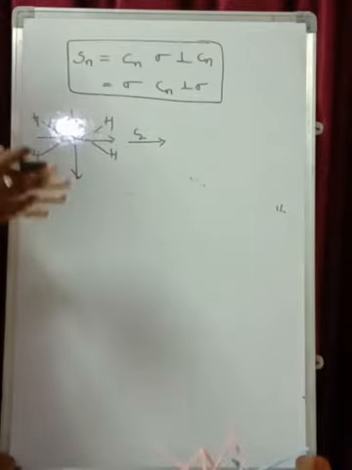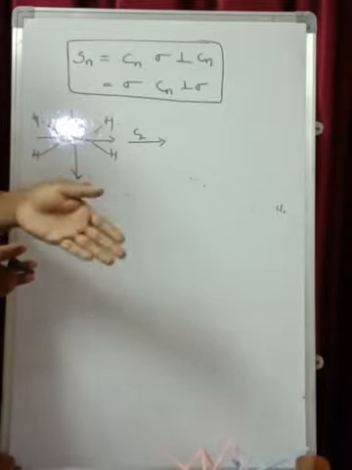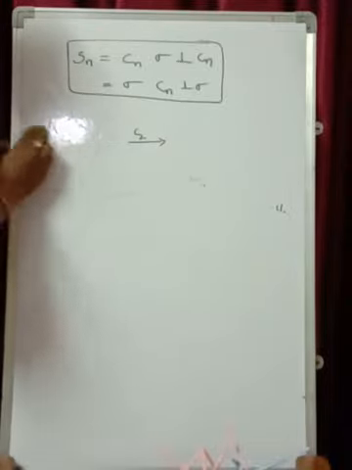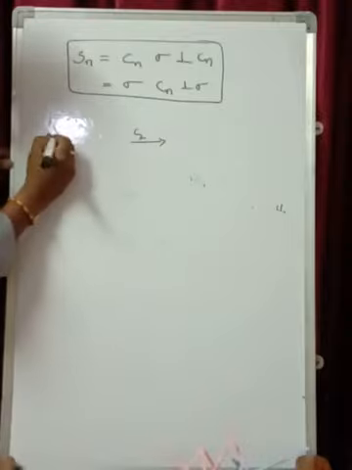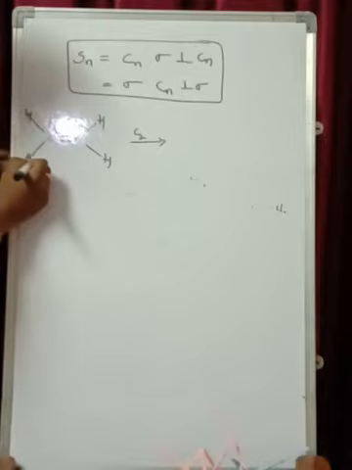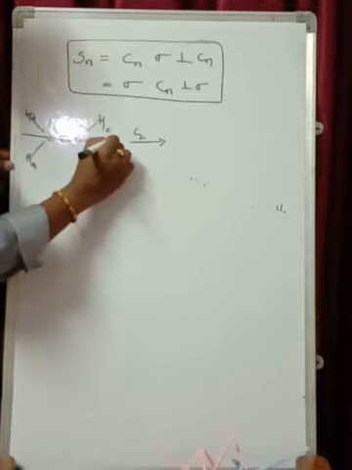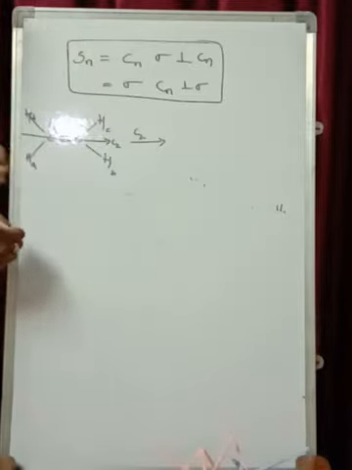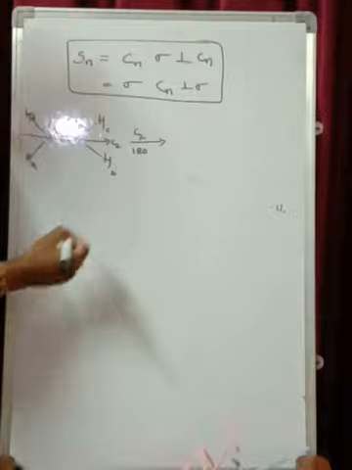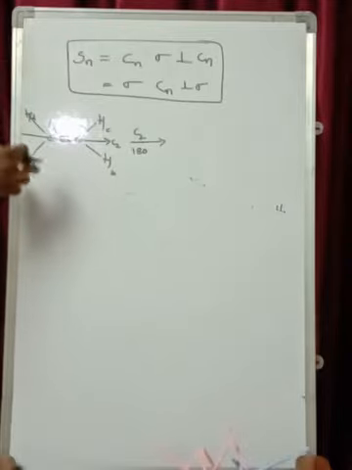So whatever it might be, if you are doing C2 rotation along any of these three axes, reflection must be done perpendicular to that particular axis. Now initially I will select any of these axes, and I label the hydrogens as HA, HB, HC, HD. Now I am doing the rotation along this particular axis. When I am doing C2 rotation, it should be rotated 180 degrees, that is out of the board plane I am rotating. Therefore these two hydrogens will go above the plane and these two hydrogens will come below the plane.